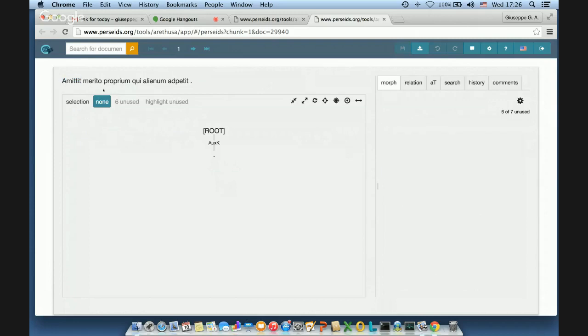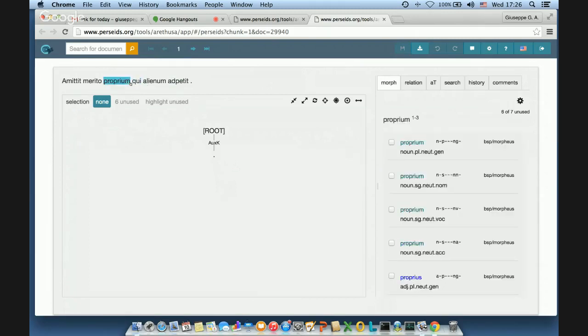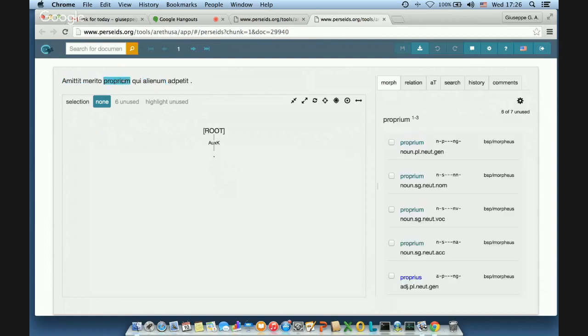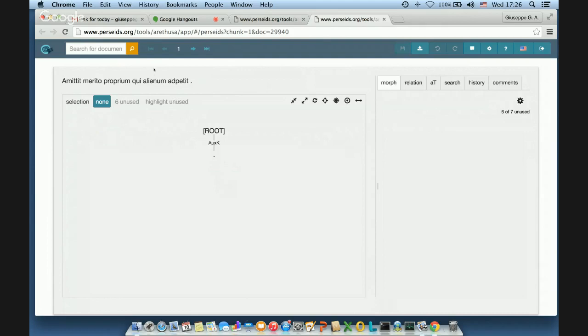Amittit merito proprium qui alienum adpetit. So a translation may sound: the one who strives for another's possession loses his own possession deservedly. Okay? So once you have understood the meaning of the sentence, we usually start by annotating the morphology of each